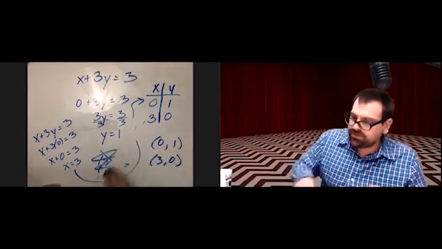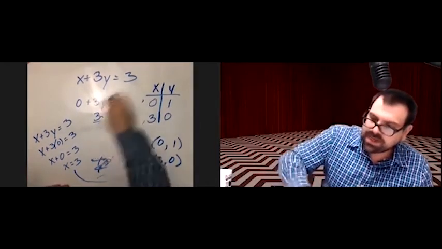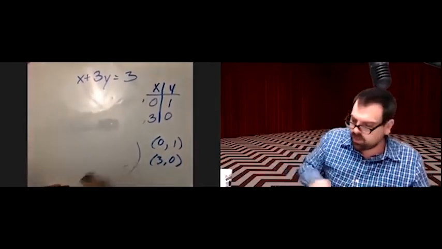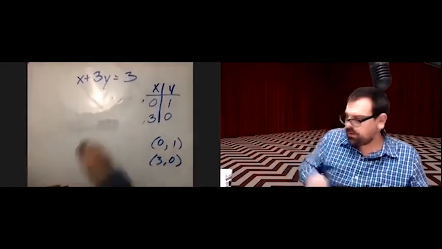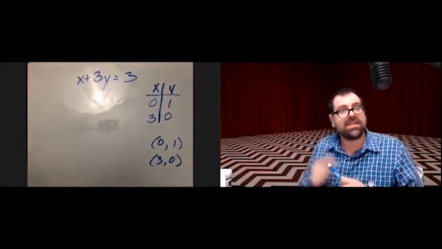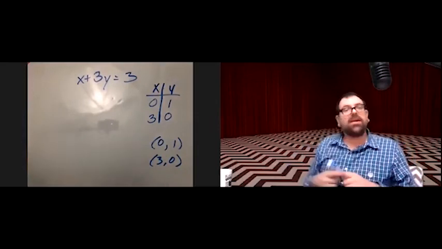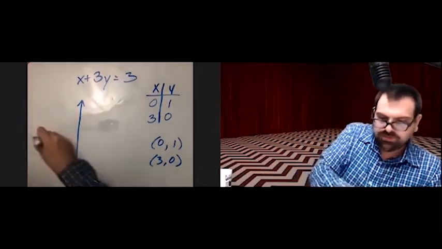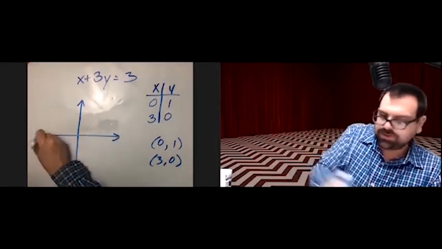But once we found our intercepts, the only time this won't work is when it's 0, 0, because that means it'll be the same for both, and we would need to pick another number to get a second point. But once you find your intercepts, all you have to do